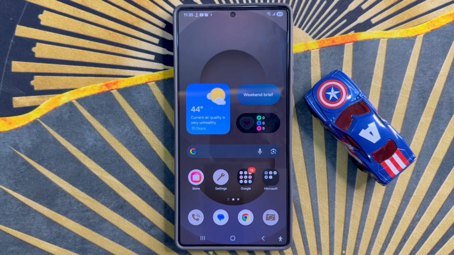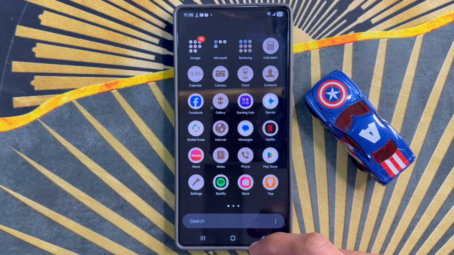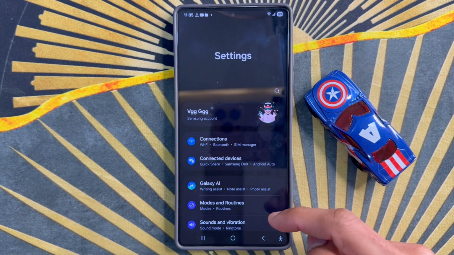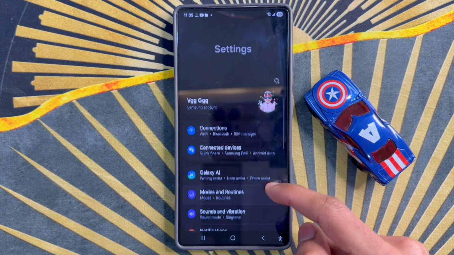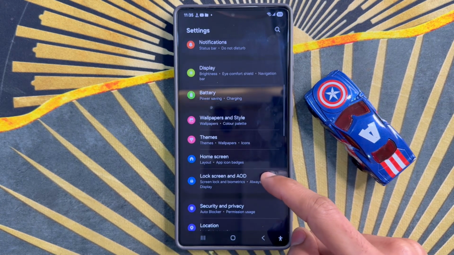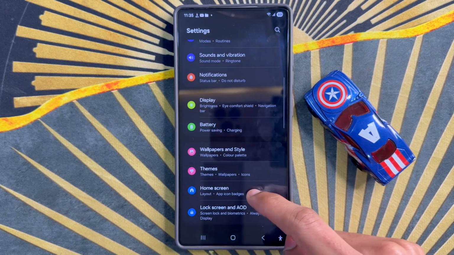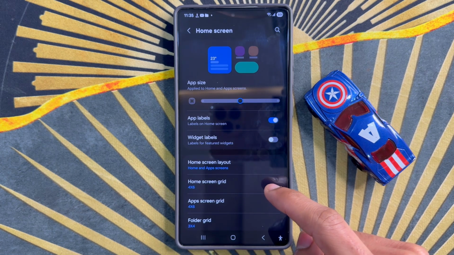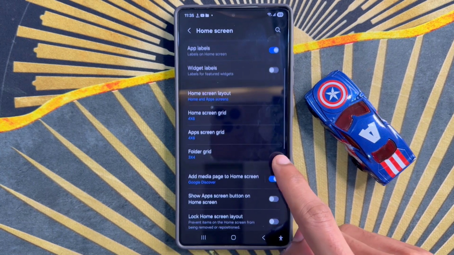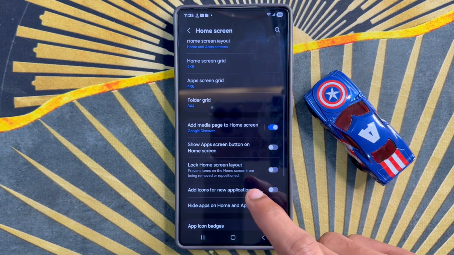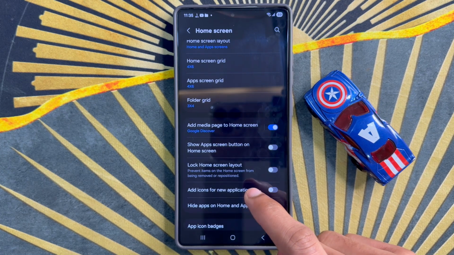Let's start the video. First of all, go to App Library. Here, click on Settings app. Now in Settings, scroll down and click on Home Screen. After clicking on Home Screen, scroll down, and you will see if you want to show or hide the apps